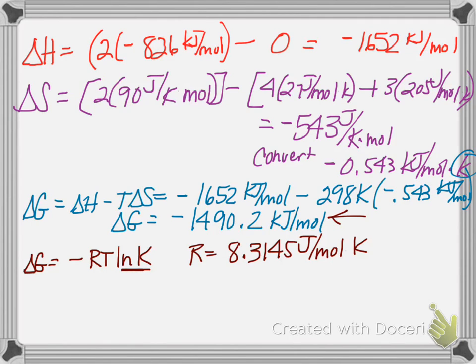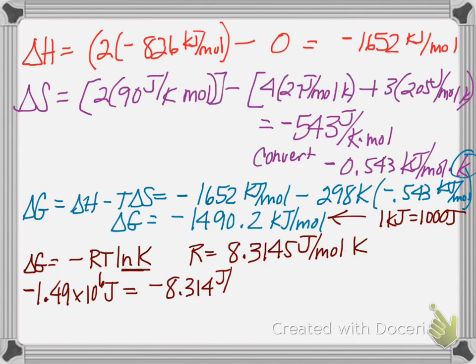I'm going to need to put it in joules. And there, 1 kilojoule is equal to 1,000 joules. So this number ends up being, when you put it in scientific notation, 1.49 times 10 to the 6 joules equals negative